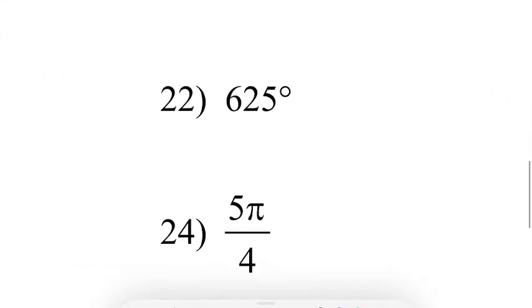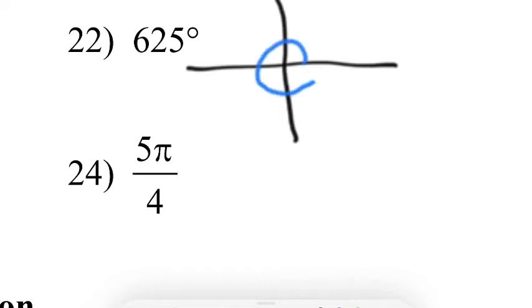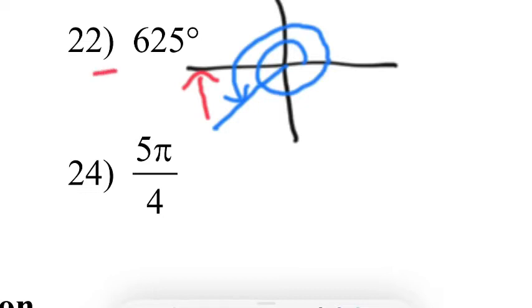For 22, we're going to sketch it. So we're going to go all the way around. Once we go all the way around, we're left with 265, so somewhere in the third quadrant. So to find our reference angle, we want to go back to our x-axis. How we find that measurement is subtracting 360 from it, so we would get